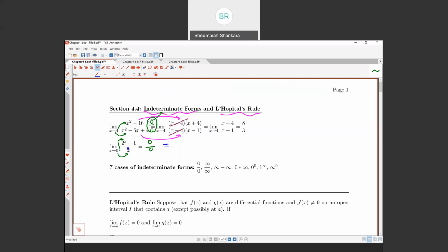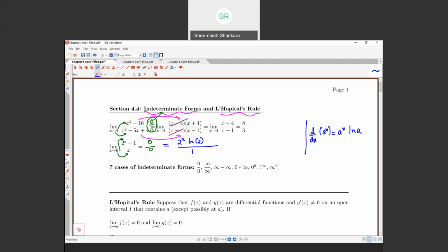So let's differentiate 2 to the x. We have learned this in one of the sections in chapter 3, that the differentiation of a to the x is a to the x ln a. So we use this formula here. Differentiation of 2 to the x is 2 to the x ln 2. Differentiation of 1 is 0, so it's okay not to write. In the denominator, differentiation of x is 1.